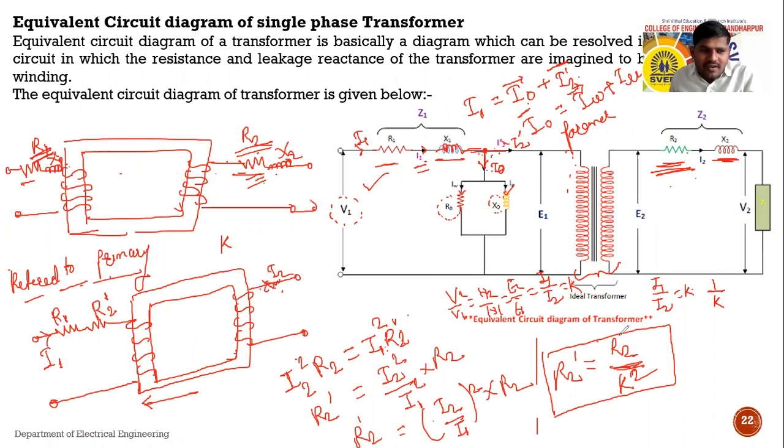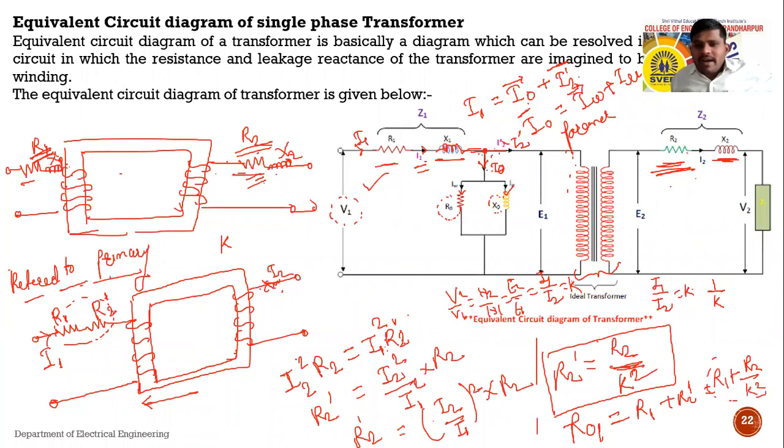So if again we are reducing the network to the equivalent circuit, these two resistances are in series. So we just add these two resistances and write the equivalent resistance. Suppose R01, the equivalent resistance at the primary side, is equal to R1 plus R2 dash, which is equal to R1 plus R2 divided by K square. So this is the solution while transferring the secondary value into the primary side.